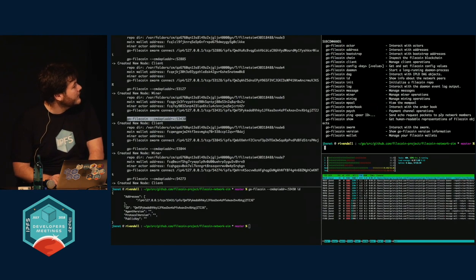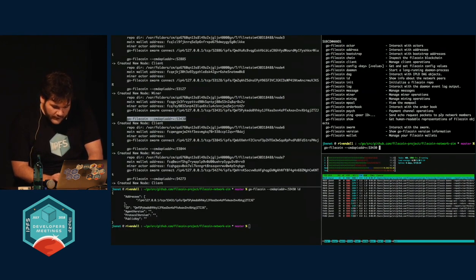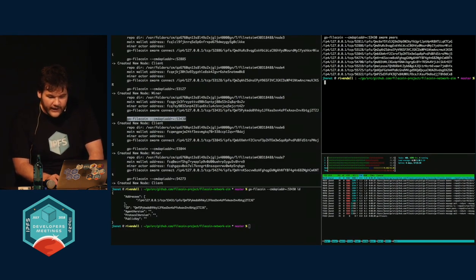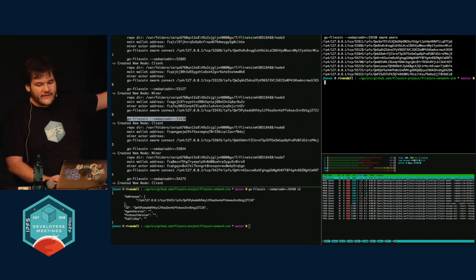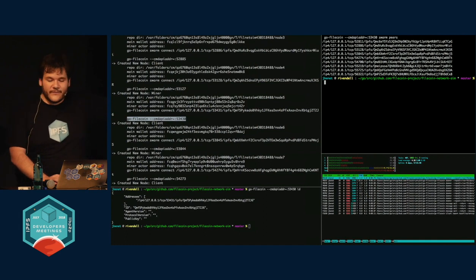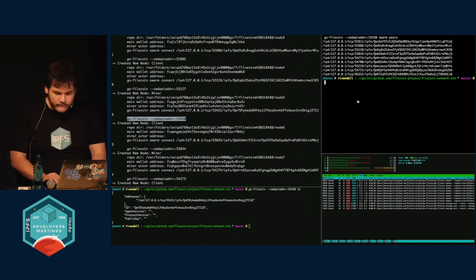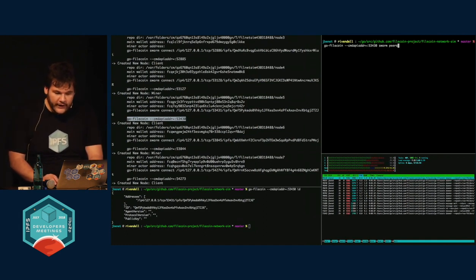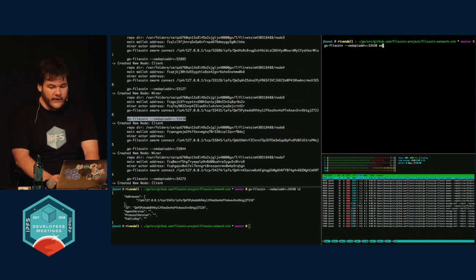Let's see. Whoops. I can do swarm peers, and typical kind of stuff. This says IPFS, which should not. That should say P2P. That's like a libp2p thing. We'll fix that. But it can also do things like show me the order book, and so I can see the asks,